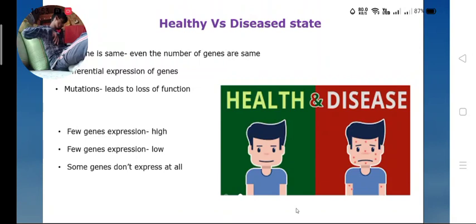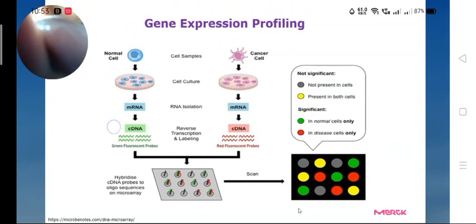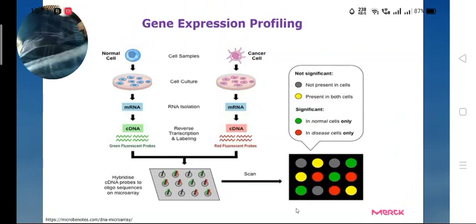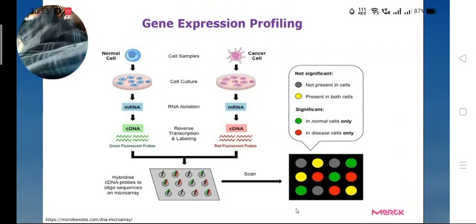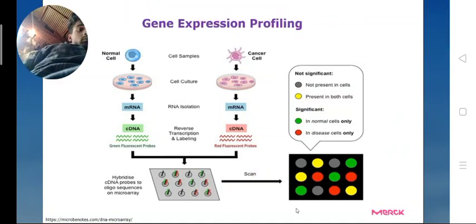Right? As I discussed yesterday, you can profile gene expression by microarray. In a microarray, you will come to know what happened to all your 20,000 or 25,000 genes, whether they are expressed high or low in a disease condition. Right. So once you have all this information, now you can determine the function of uncharacterized genes.